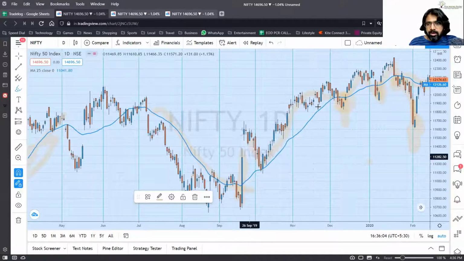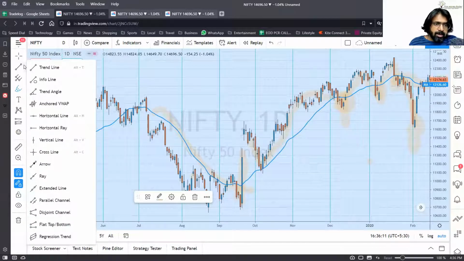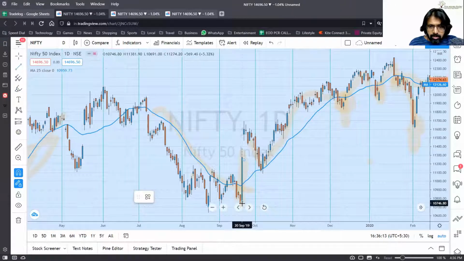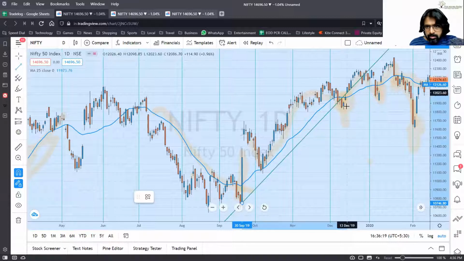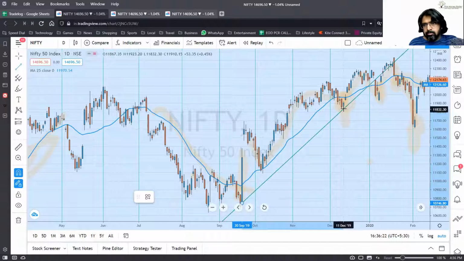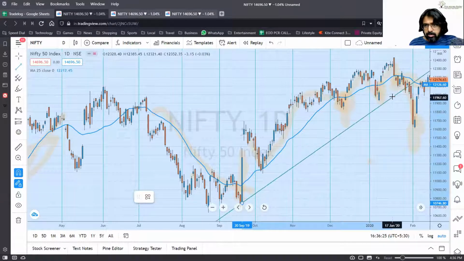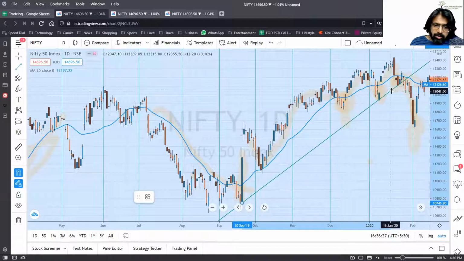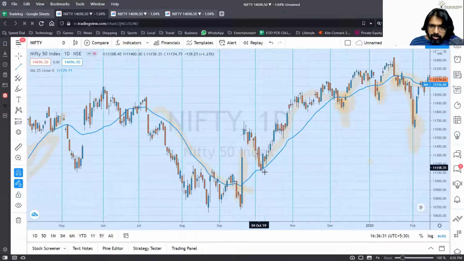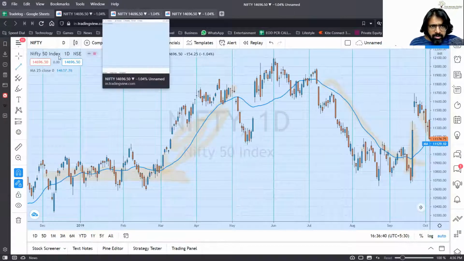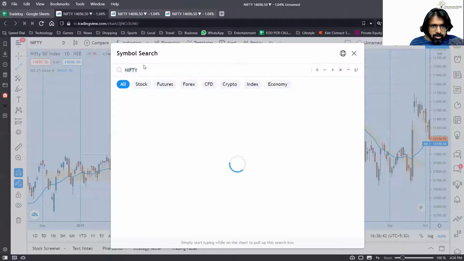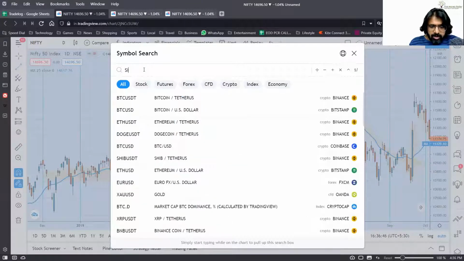So here we have this moving average, and here you have got trapped also, but let me draw a trend line out here. Let's see if I'm able to draw a valid trend line. This is not a valid one, this is not a valid one. So here I'm not able to draw a valid trend line. No problem. I have one in the current silver chart. It's a live chart, guys, so it's a live trade.